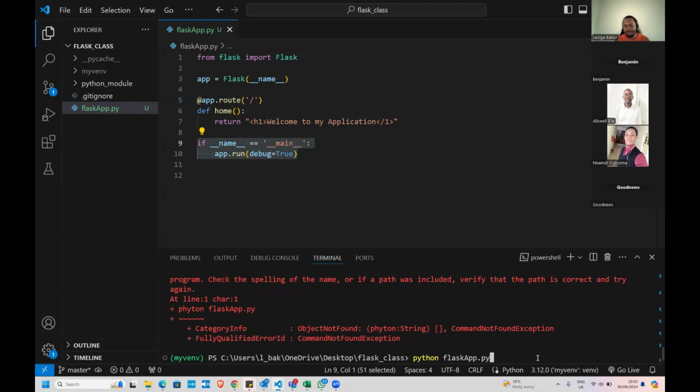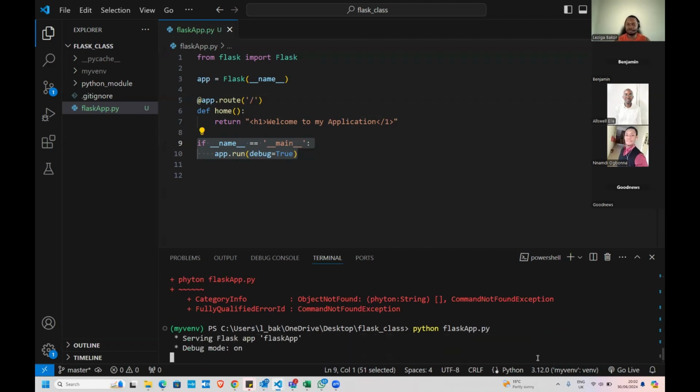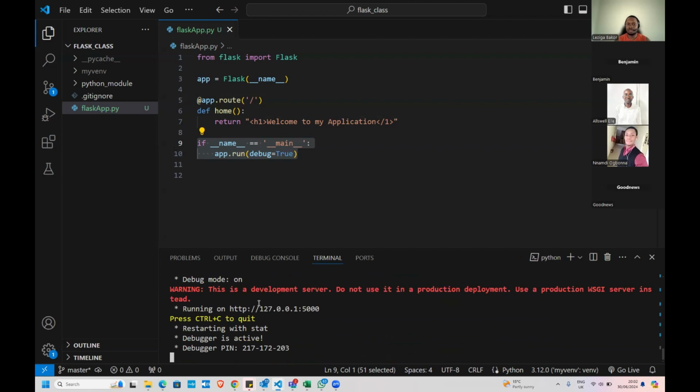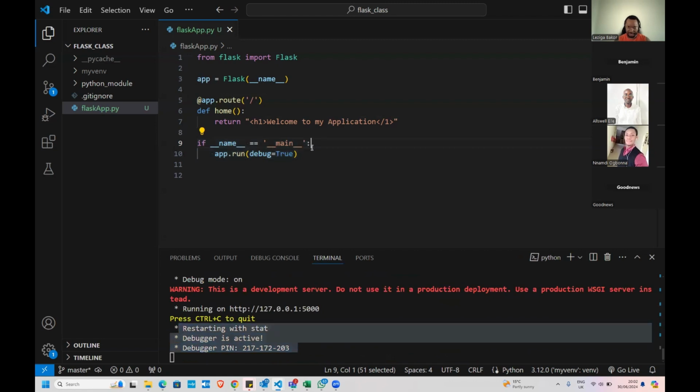So just the normal way you run a Python script. That's how you just call it now to run. Okay, so you can see the application is running again. Now you can see these additional details because I set debug equal to true,